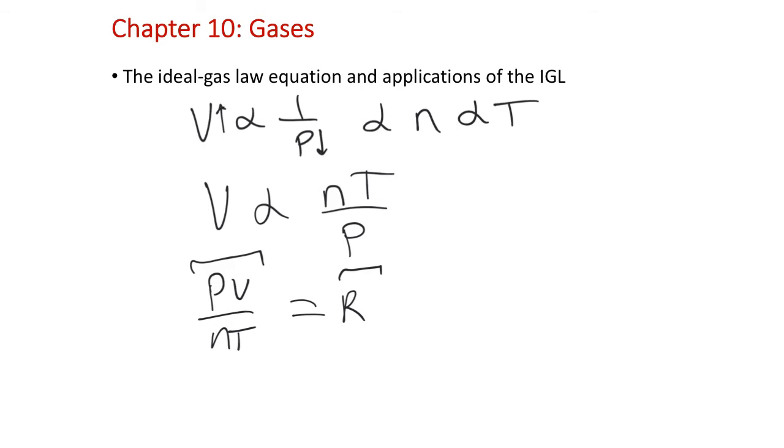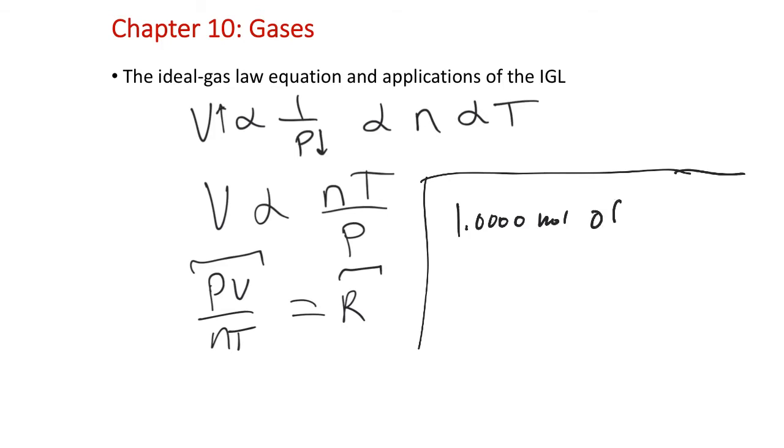ideal gas law. The main idea behind the ideal gas law is that if the particles of a gas are non-interacting, the only thing that really matters is how many actual gas particles there are within a sample. So if you imagine you have 1.00 moles of a gas like O2 or helium or CH4, just one of these gases, or any other gas,